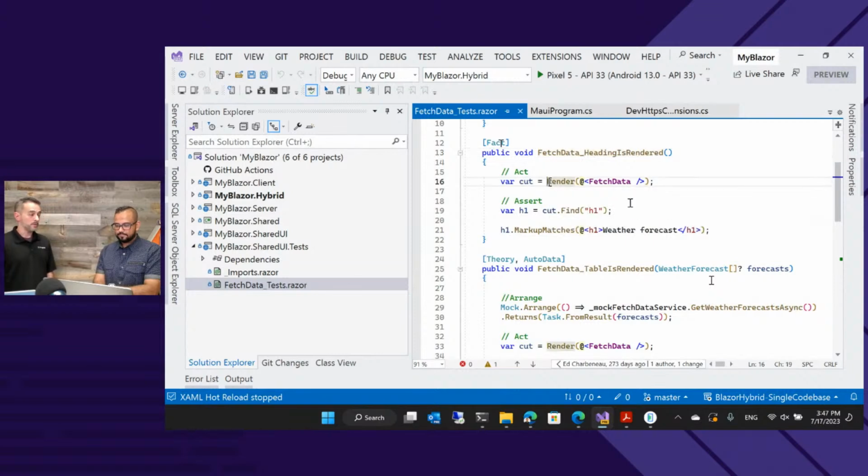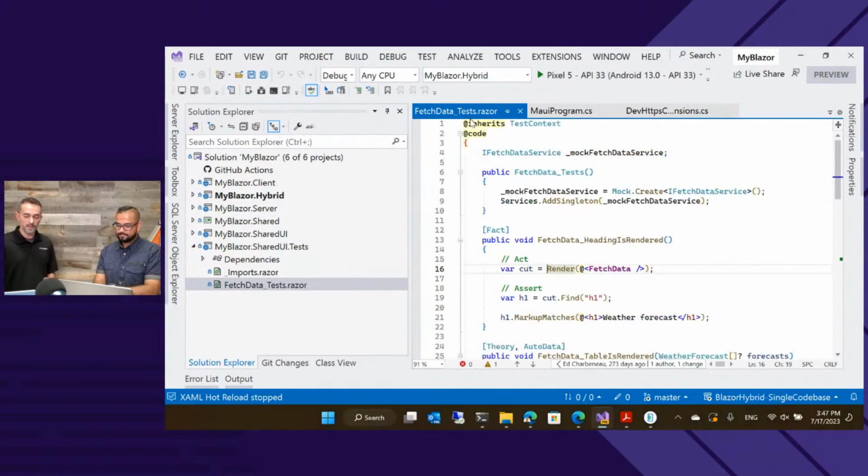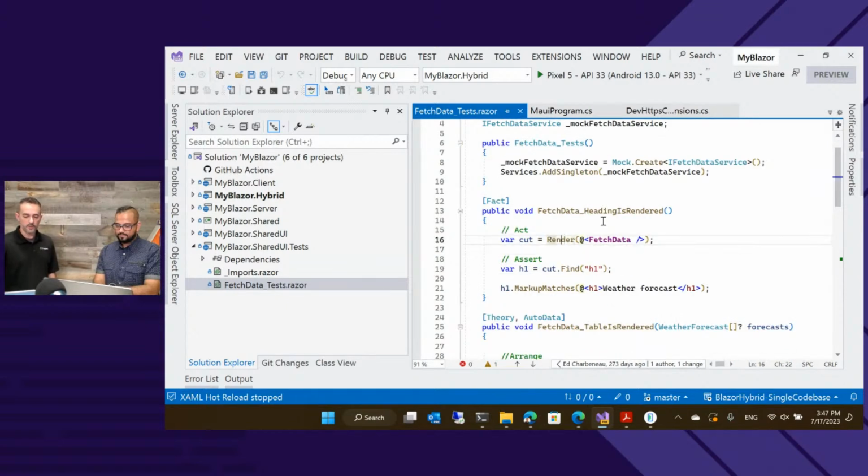bUnit, however, is very brilliant. If I inherit this test context, I can call a render method on it. Notice this is a Razor file, not a CS file, so I can just write HTML Razor code right into the test. I can render my fetch data component, and then I can traverse just like I would in the DOM and find elements in the component and verify that they're there.